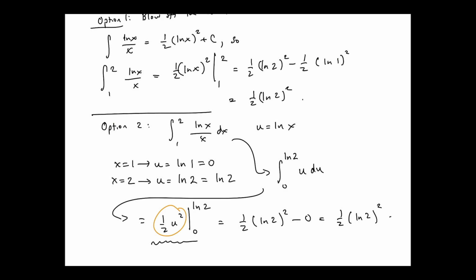For example, in Calc 2, the bounds don't have to just be numbers, they can have letters in them also. And sometimes actually it's useful to think about it in that way. In fact, in Calc 2, you deal with problems like this,